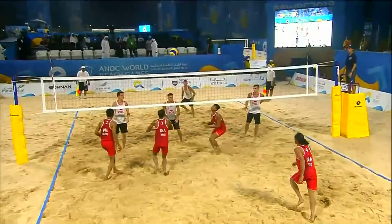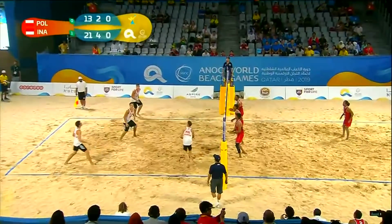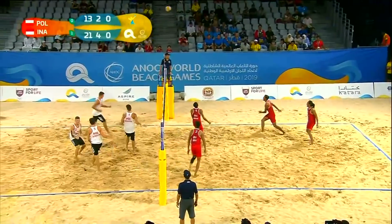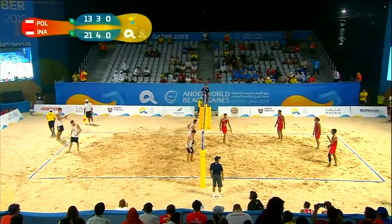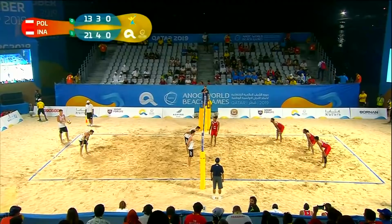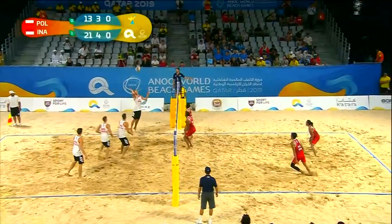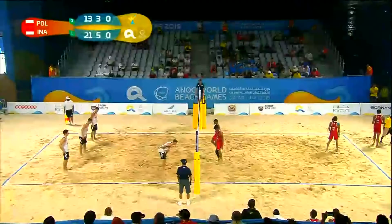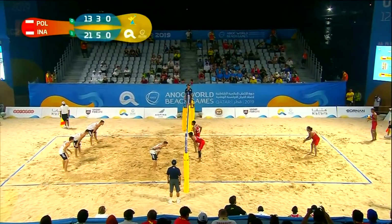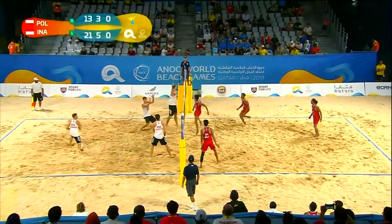That's a great dig by Poznański. Big spike down the middle. As soon as you give them anything for free, Indonesia, they just speed the game up so quickly. Rendi had to really stoop to get that serve back. It's a chance here. It's a double touch. That's not your usual setter because Poznański had been on service reception. Very close call. Super close call from Mizchuk there. See, all setters on the tour side form of the game have to be able to set. Just call for a double contact, which means that one hand is pushing through slightly more than the other. It also could be quite close to a lift, but